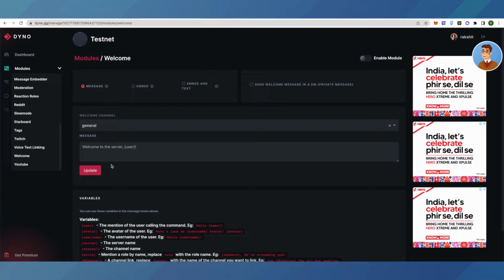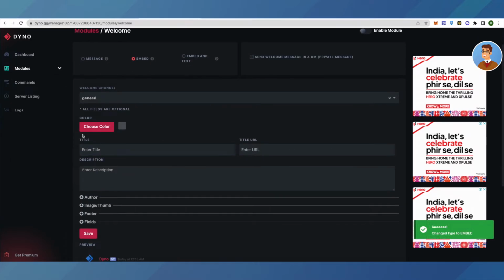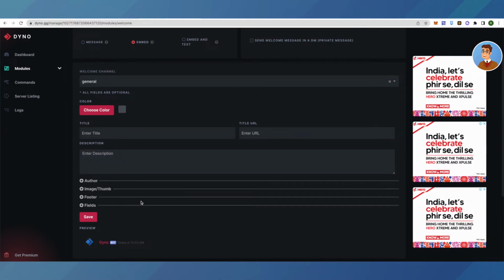And in case if you want to show something more like urls, titles and anything else, then you can click on embed, and here you can choose the color of the text, also the title of your text. You can also add an url to your message, a description, and there are many other things to add in